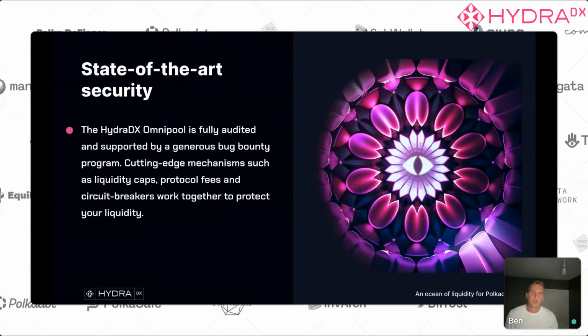The Omnipool also enjoys state-of-the-art security. We've been through the usual multiple audits on the code. We've got a generous bug bounty program in place to incentivize responsible disclosure of any vulnerabilities. But besides that, we're always looking at additional protective mechanisms in the Omnipool. So we have liquidity caps, withdrawal fees, in-block trade limits, circuit breakers, which all work together to keep your liquidity